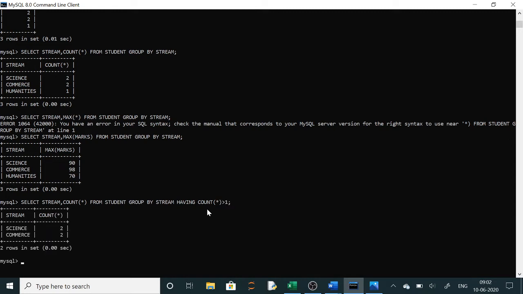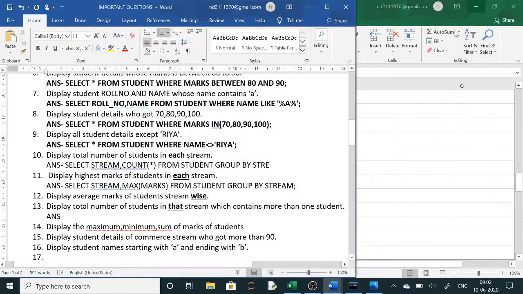Now when you run it, you can see count star greater than 1. So this is the answer of this question. Clear? Now this is over.